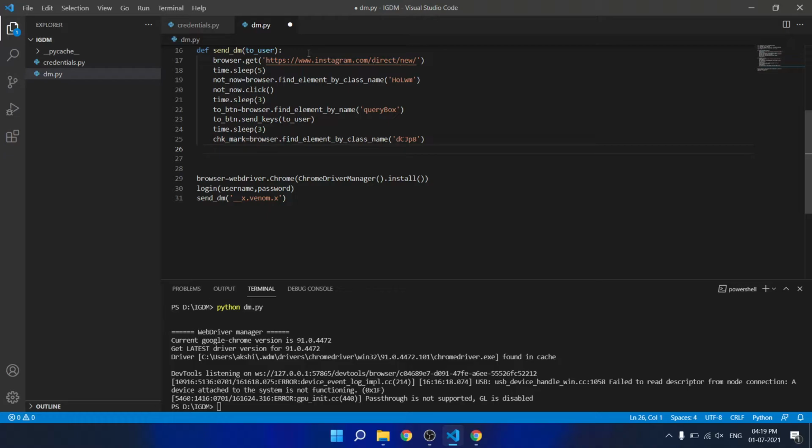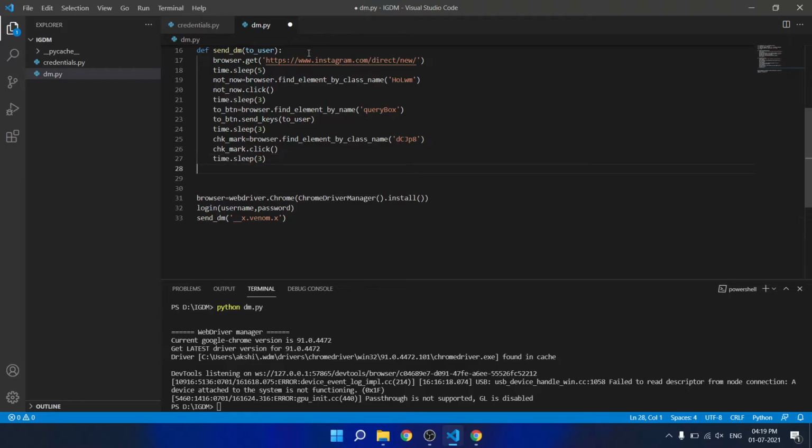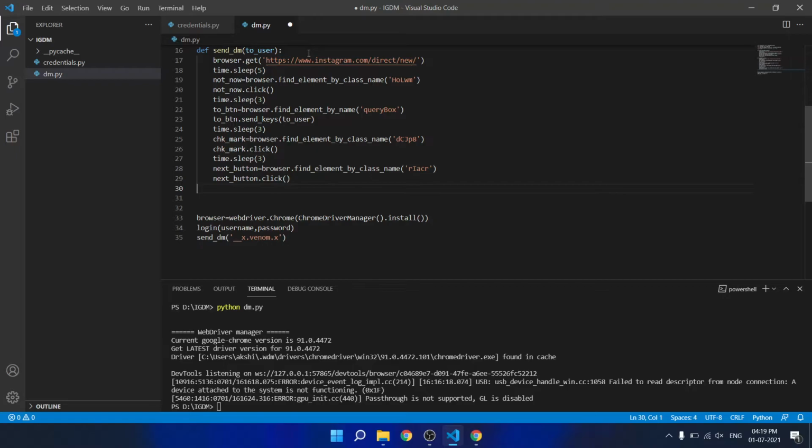then check the check mark using the class name and again click the check mark using dot click, then sleep for a few seconds, then click the next using the class name again, then sleep,